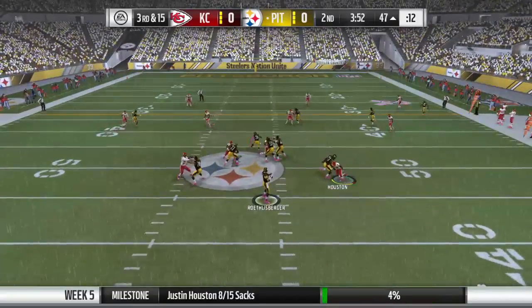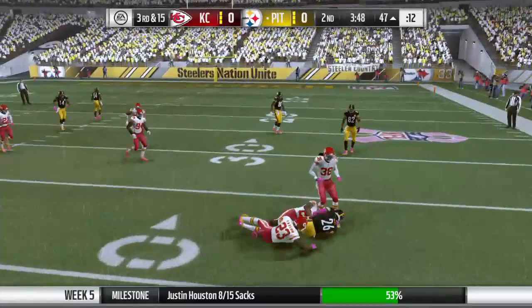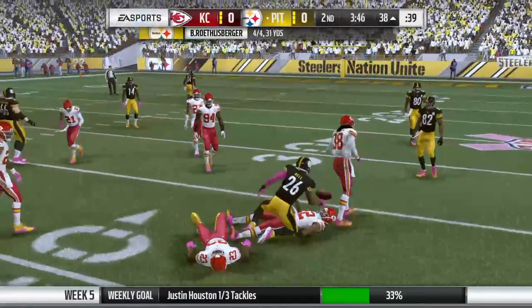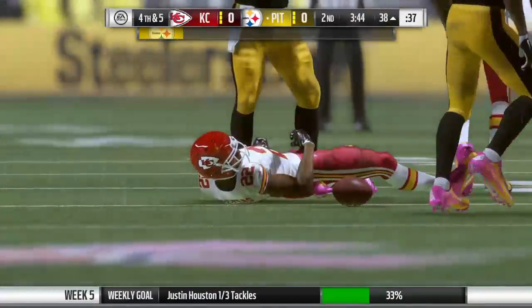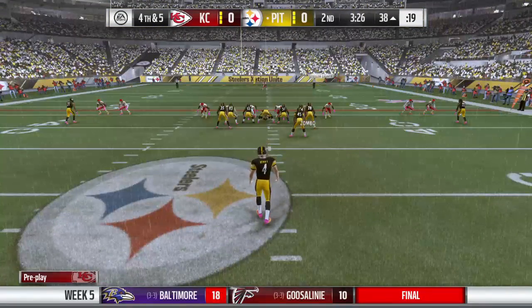Now Ben on 3rd and long. This is Bell on the dump off. It'll be a gain of 9, and that'll bring up 4th down. That's certainly playing down in distance very well by the defense, isn't it? Take whatever you want